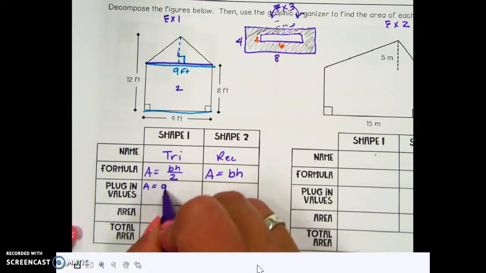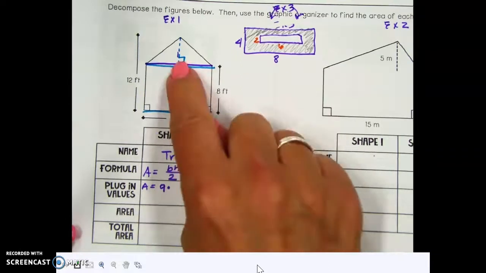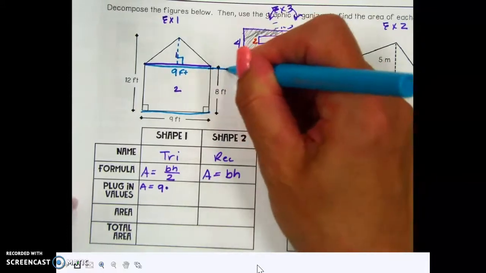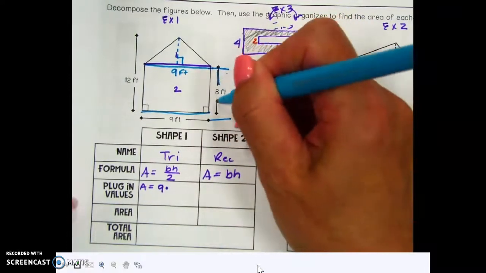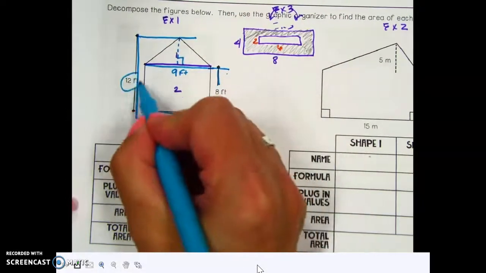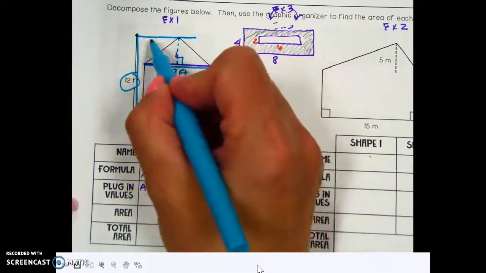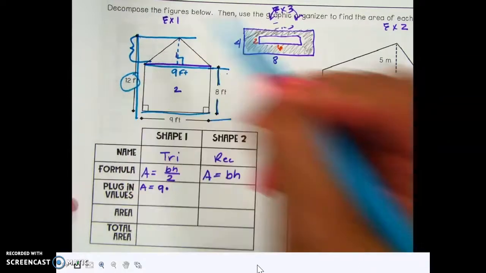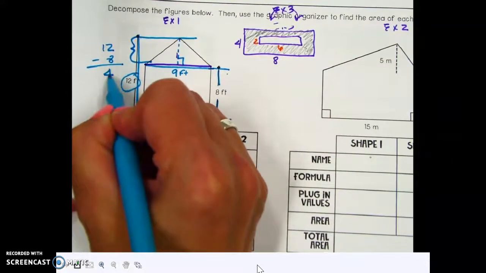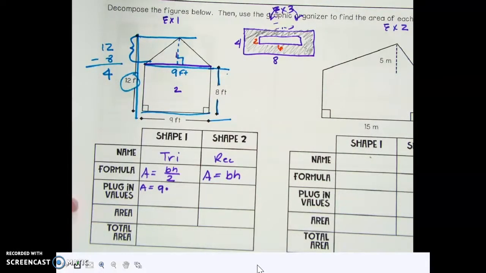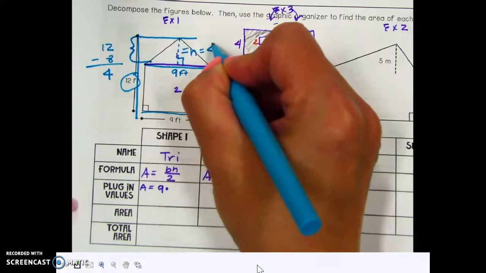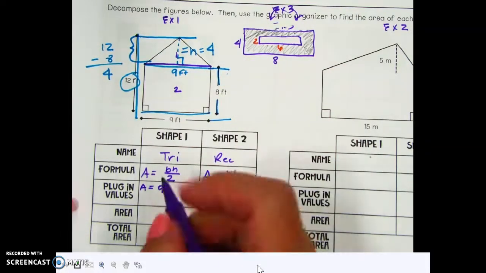So I'm going to write 9. Now I need to multiply it by the height. But I don't have a number here. But wait, this is 8 feet between here and here. Between here and here is 12 feet. Can I find how much length this is? Yes. I can subtract 12 and 8 and I get 4. So was I able to find my height? Absolutely. My height is 4 feet. So now I'm going to multiply by 4